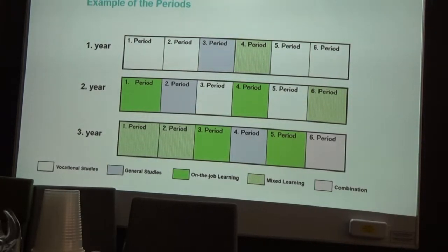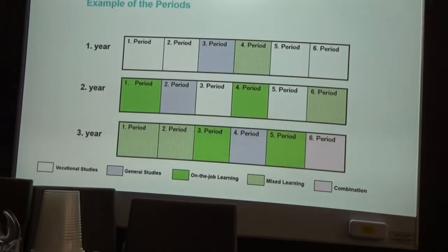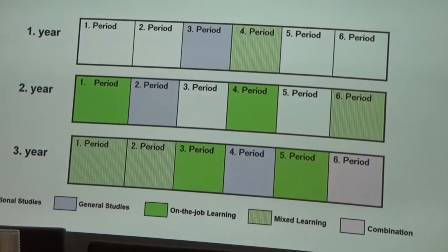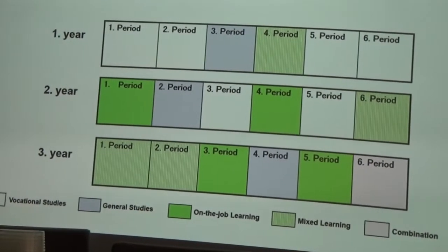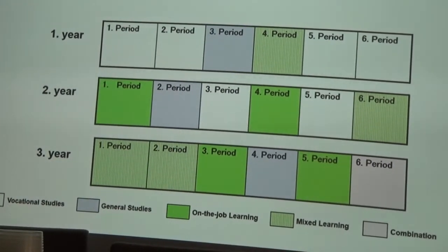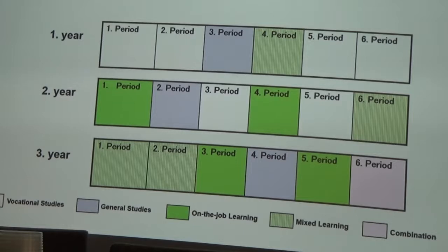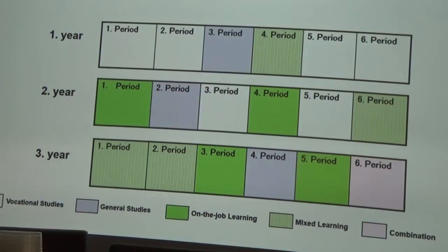All right. And this third year's last period, which I've named as a combination. It's a period where if you are good students and everything is ready, maybe you graduate at the end of the fifth period. But if you have something undone, or you are still in the middle of learning something, you can use this period 6. It's kind of a everything possible happens there. If they have something from, for example, second year's general studies period, they can make it ready. Or we are always hoping that nothing is left undone, but...